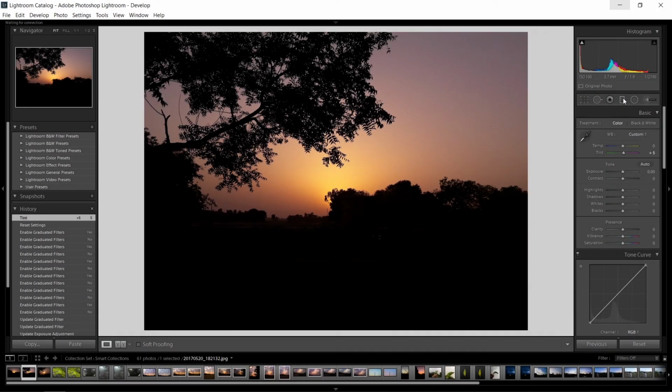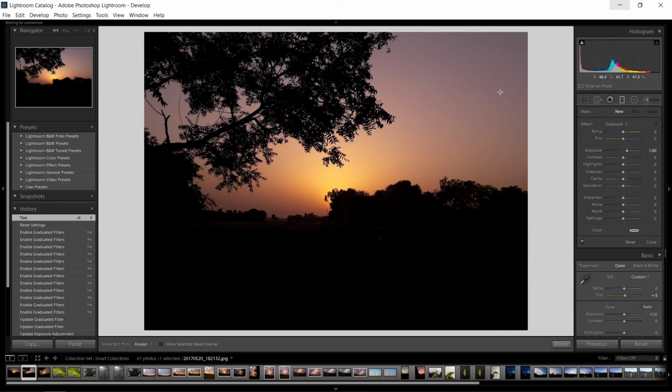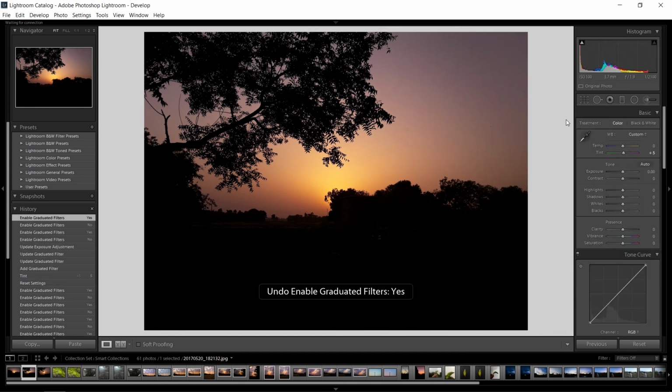Second bonus tip is graduated filter. You will find this feature in Adobe Lightroom for PC. So basically this tool will let you apply an effect to a specific part of the image and then slowly fade it to the other parts. I have used this technique in this picture. As you can see, it creates a lot of difference.